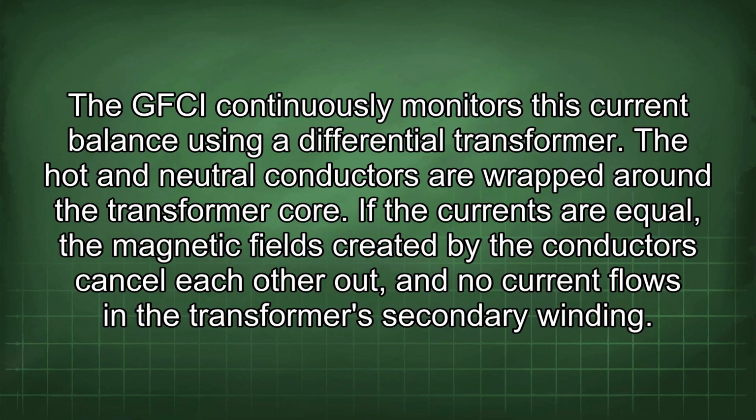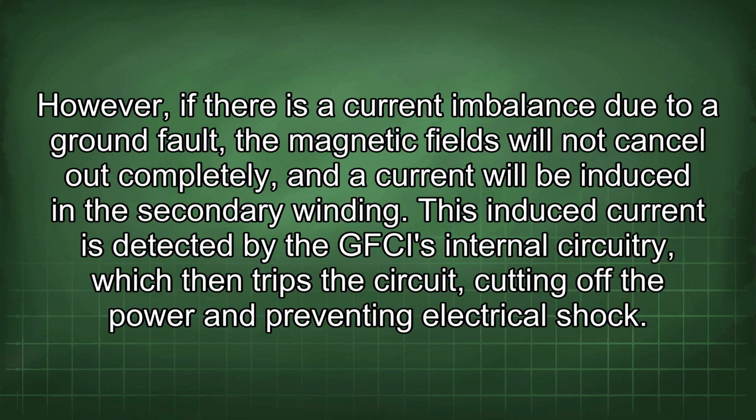The hot and neutral conductors are wrapped around the transformer core. If the currents are equal, the magnetic fields created by the conductors cancel each other out, and no current flows in the transformer's secondary winding. However, if there is a current imbalance due to ground fault, the magnetic fields will not cancel out completely, and a current will be induced in the secondary winding. This induced current is detected by the GFCI's internal circuitry, which then trips the circuit, cutting off the power and